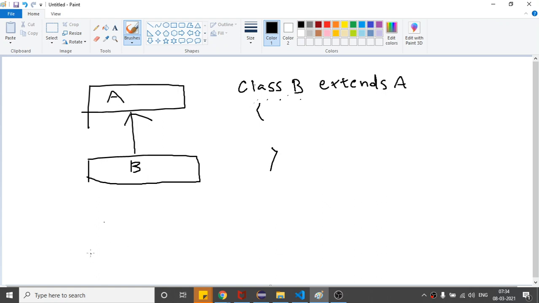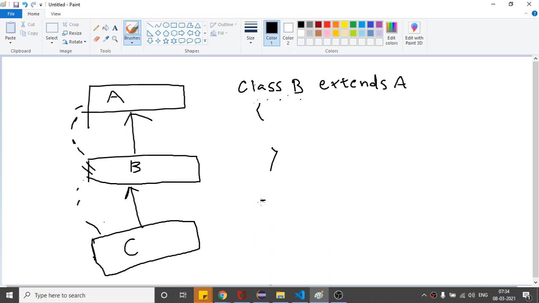But if I put one more class like this, which is class C, and if I do like this, which means first class B is extending class A, and after that class C extends class B, which means all the properties of B class will come into C class.